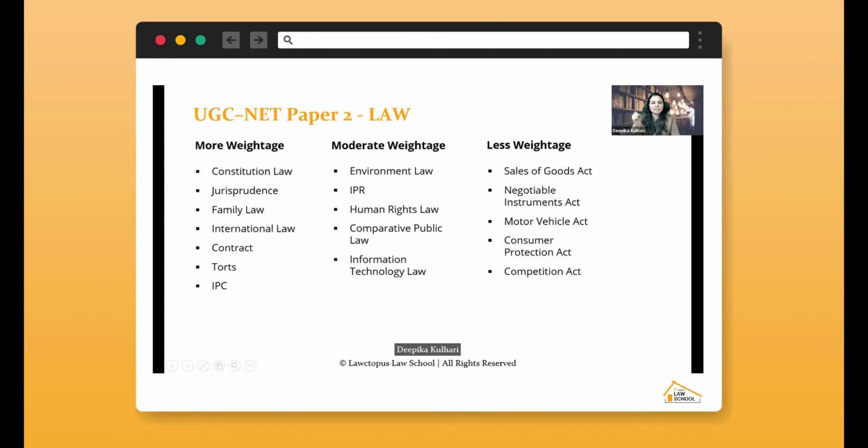Then going on to jurisprudence. For jurisprudence and international law, these two units, solving questions was actually more helpful, because even if I know what the dispute was between Hart and Fuller and the kind of discussion they had in their times, even if I read their book, I'm not able to answer who gave morality and in what aspect, inner morality and outer morality and those kinds of things, then it is of no use. The jurisprudence knowledge which you study in your college is very much different from the kind of things UGC NET is expecting out of you.